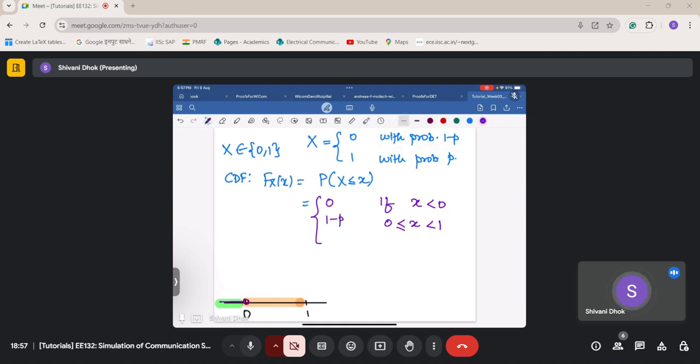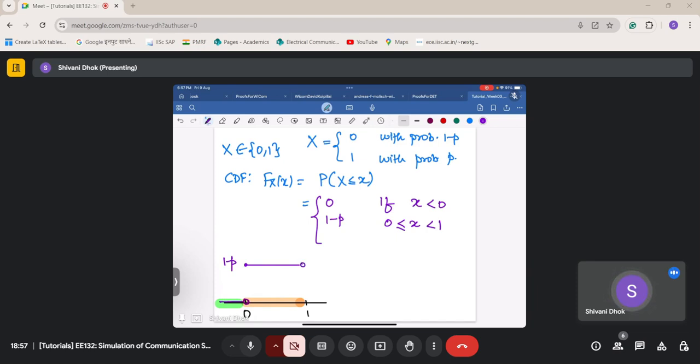So this will be equal to 1 minus p. So it will be like this. At 0 also, I'll have a probability of 1 minus p, and this will continue till 1, and here